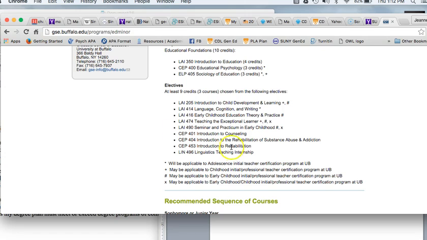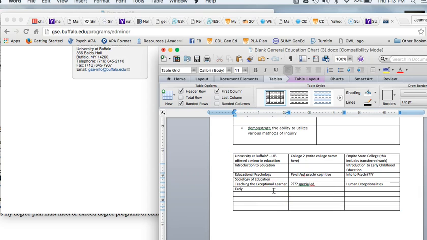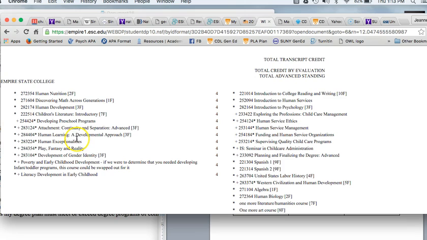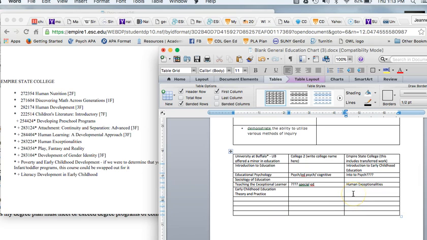Now, this isn't necessarily an easy thing to do, but you do need to look at enough other colleges to know what they want. Early childhood education theory and practice. That's an interesting one. Now, I know we don't offer anything like that. I'm not sure what my student has, so I'm just going to go and check here. We want education, we want theory and practice. Well, she has human learning, a developmental approach, which definitely deals with theory, and developing preschool practice programs, which is going to deal with some kind of practice. So we might actually be able to fill that with human learning